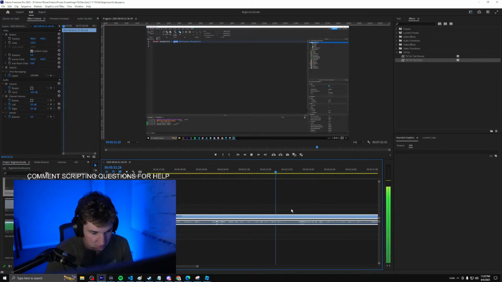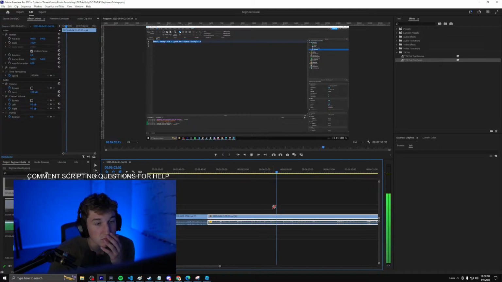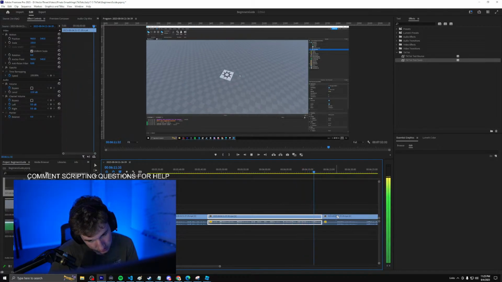Workspace to reference this folder, and then I use another dot to reference something inside of here. So I'm doing game.workspace.baseplate. So now I have access to the baseplate. If you click the baseplate and look at the property window, you can see a bunch of details about the part you have selected. Let's play around with some